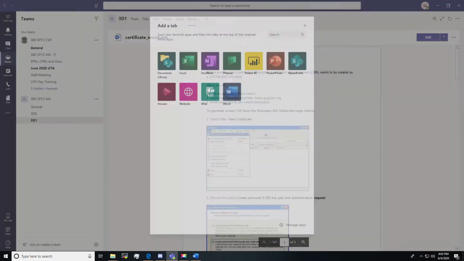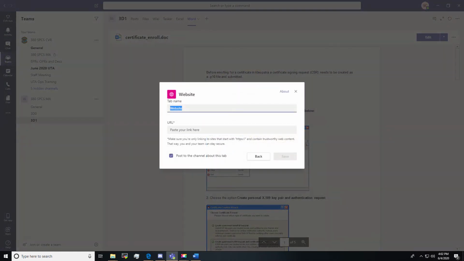Now we'll talk about the websites. Through a website, you can actually make Microsoft Teams serve as a sandbox to throw you to the website. I've noticed this doesn't work too well with a lot of the Air Force websites. However, if you have a specific website for like enrolling in a class or something like that, you could throw it in here. For example, I'll use the Google website